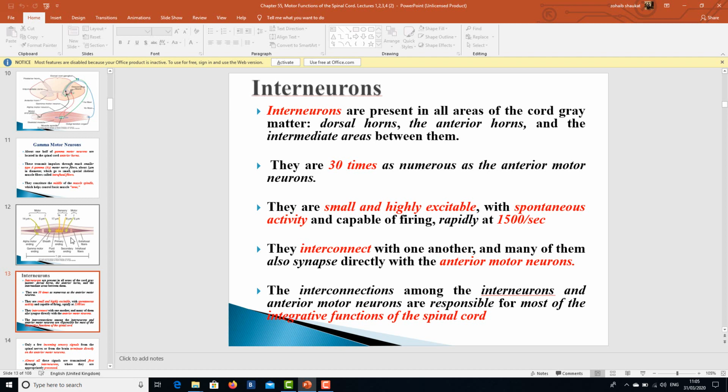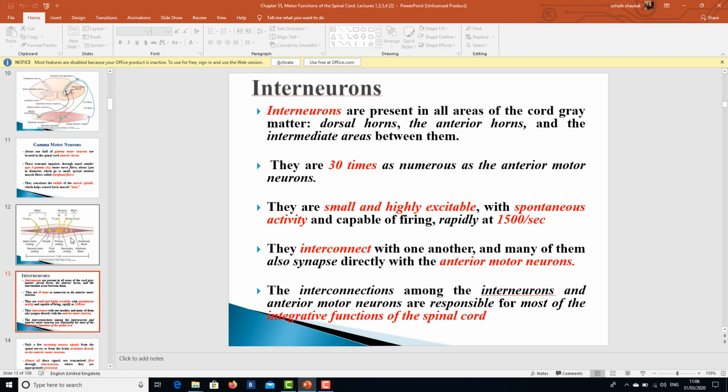They are small and highly excitable with spontaneous activity and capable of firing rapidly at 1500 per second. They interconnect with one another, and many of them also synapse directly with the anterior motor neurons. The interconnections among the interneurons and anterior motor neurons are responsible for most of the integrative functions of the spinal